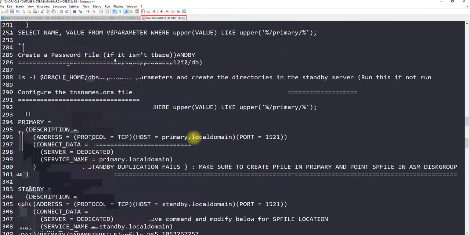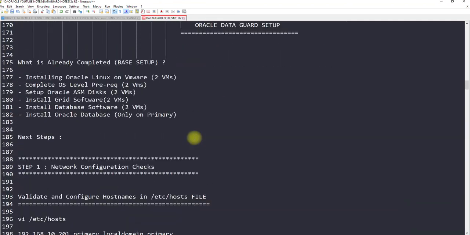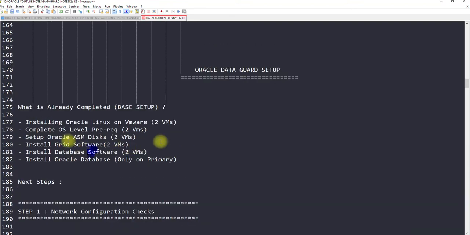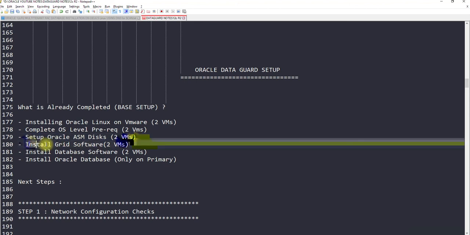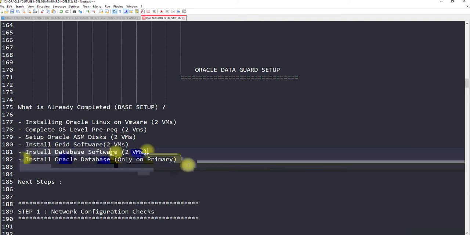So what we have done, let's go up again and let's discuss everything before we start the duplication. We have installed Oracle on Linux on a virtual machine. We have completed OS level prerequisites. For the two virtual machines we have created ASM to store the databases. We have installed the grid software. We have installed the database software, and we have just created the database.